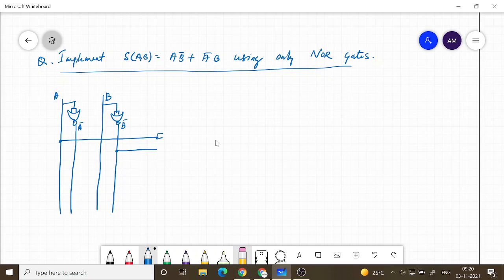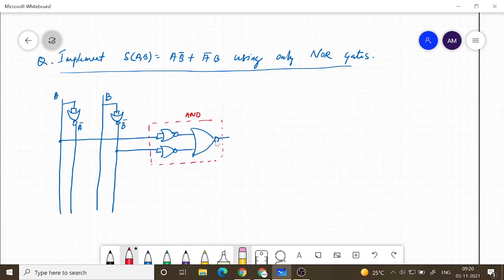So what we need to do, we need to complement. Complement both of these inputs, and then give them to another NOR gate. So together this is basically an AND gate implementation, or implementing AND gate using only NOR gate.